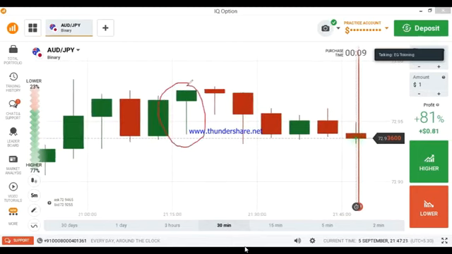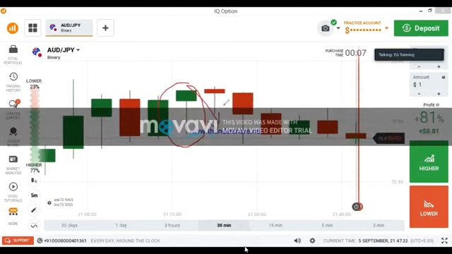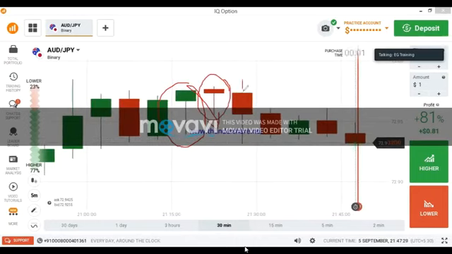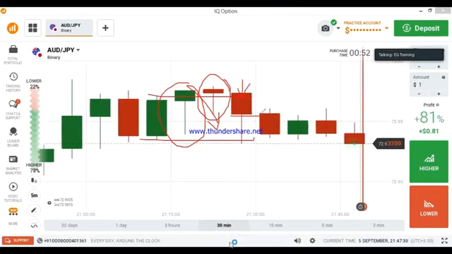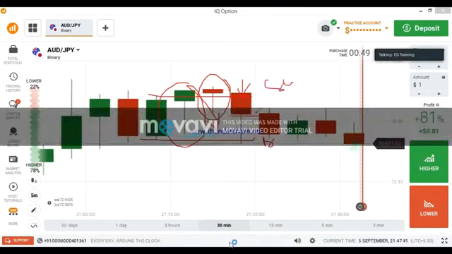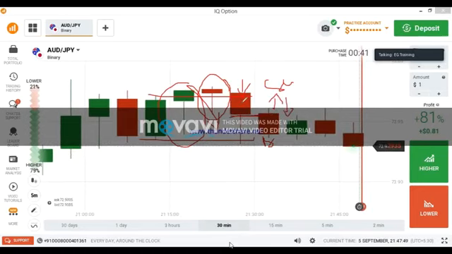This candlestick is showing us the market wants to reverse. This candlestick is showing us the sellers are active in the market. Again the seller's entry, and buyers are here, sellers are here. The closing point is here. We don't know if there is a seller or buyer. We don't know actually. We know buyers are here, we know sellers are here. We can't decide, we can't go with buyers, we can't go with sellers here from this level because we don't know whether there is a seller or buyer.